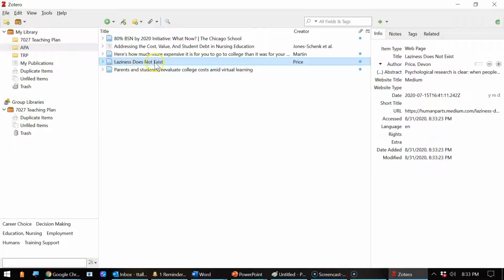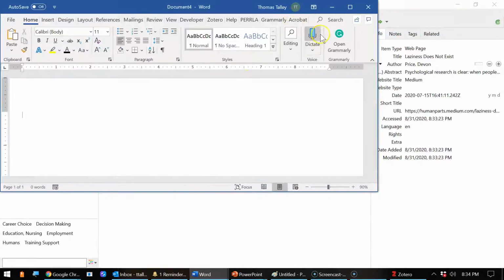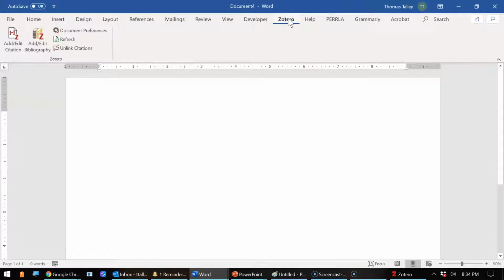Laziness does not exist. Now, it's pretty good. You have to go through and double check it and make sure it did it correctly, but it created it for me. It did it all. It's like magic. And then if I was in Microsoft Word, you have an add-in for Zotero. You would just start typing your text, and then if you're ready to put your citation in, you click Add Citation,